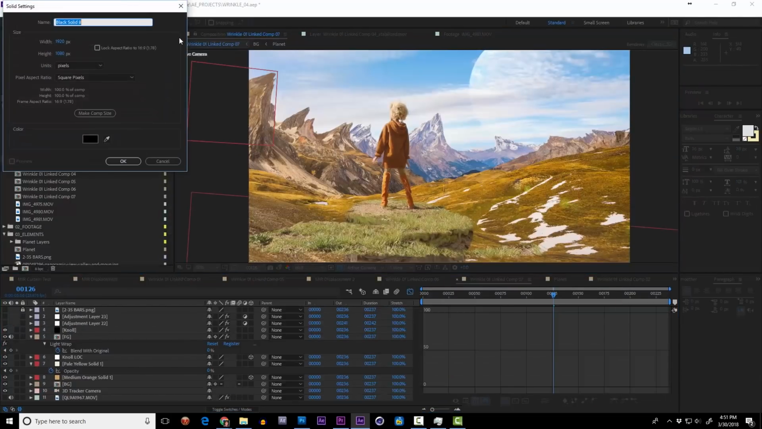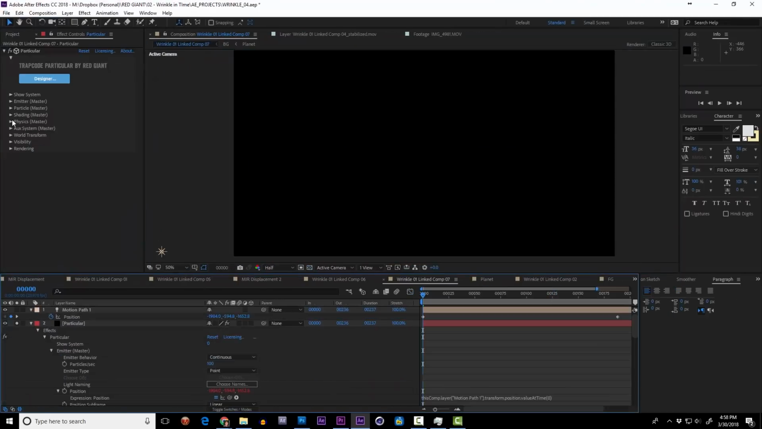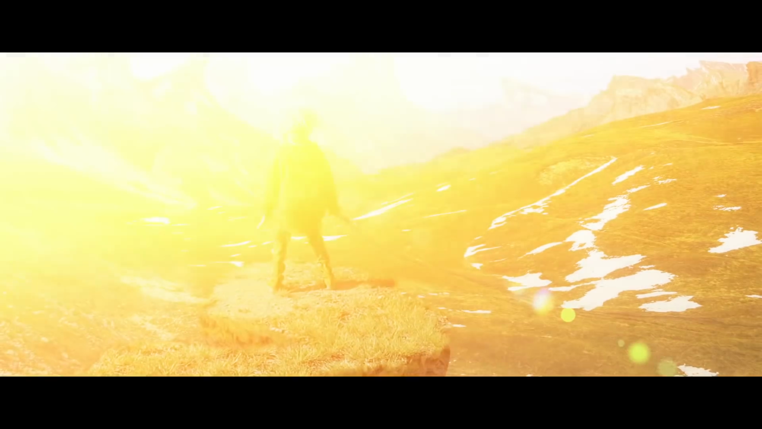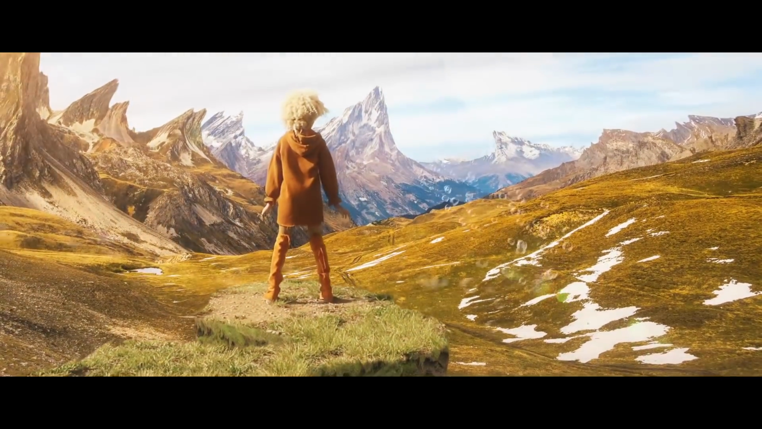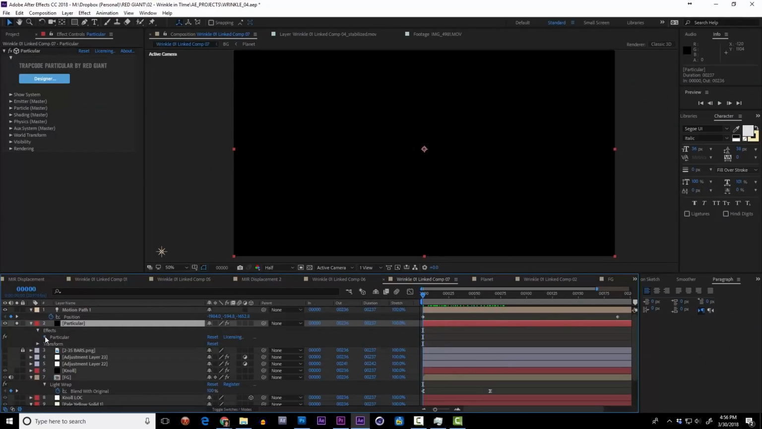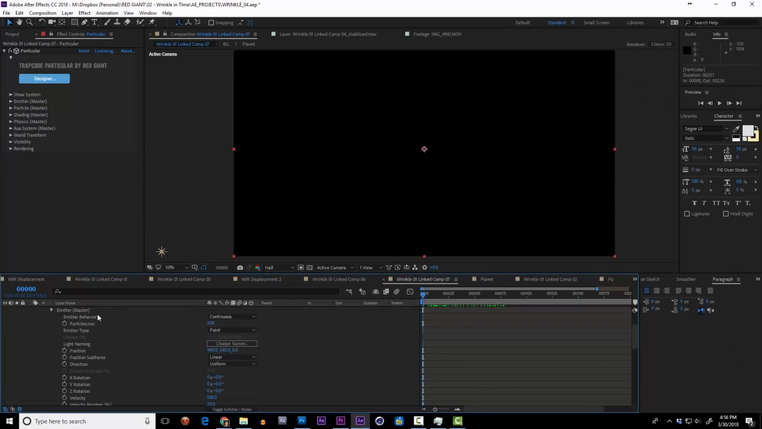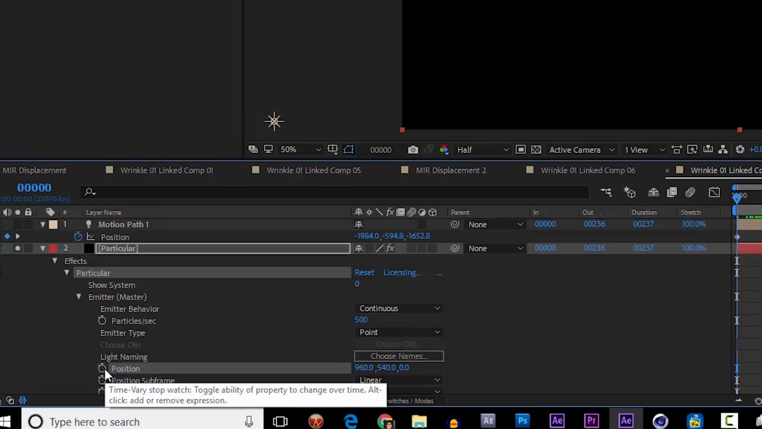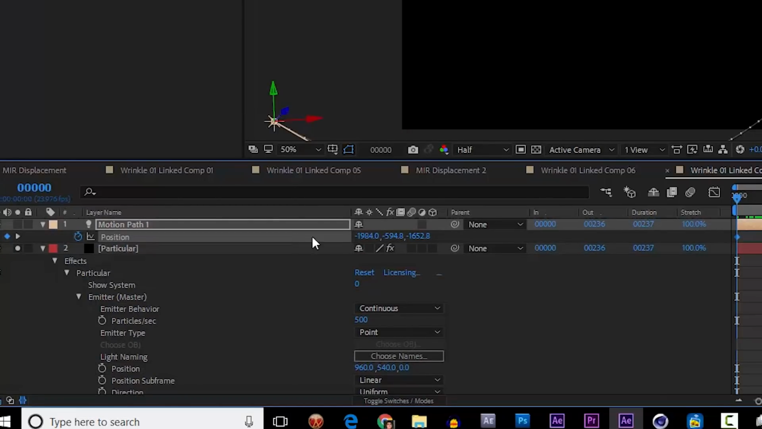I added a new solid with a Particular effect, and way down under the Aux settings, I can select Motion Path 1. This tells Particular to let its generated particles flow along a specific path. But one more thing I need to do is make sure that the emitter is aligned with the first part of this motion path. I could do that by kind of copying and pasting the values over from this motion path,